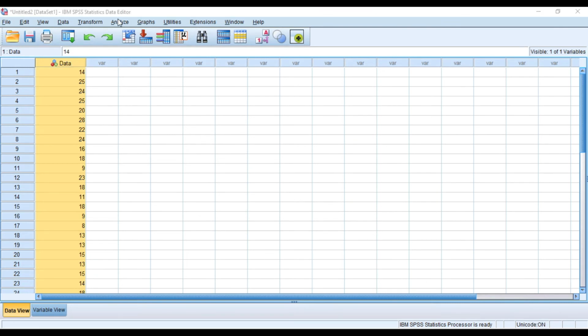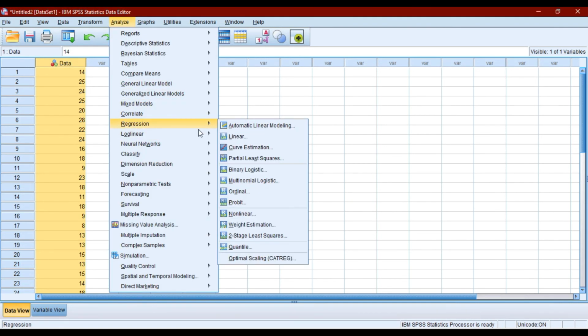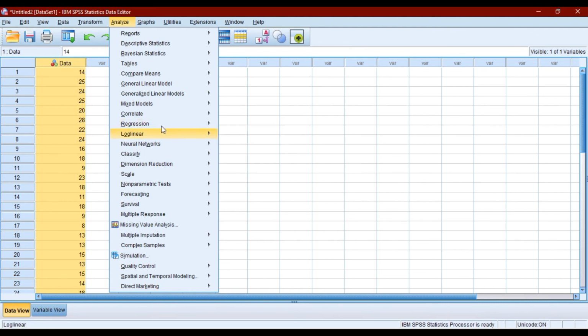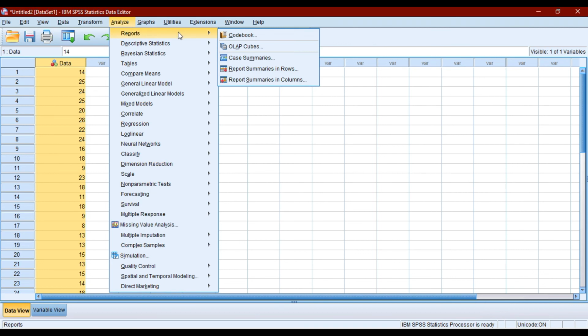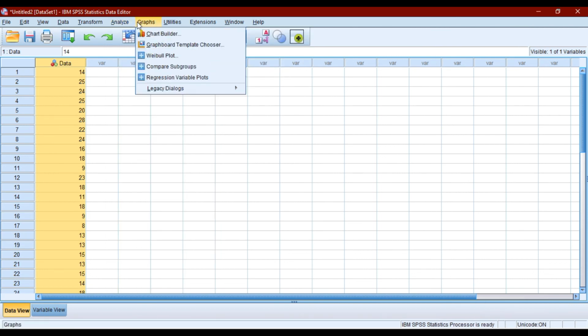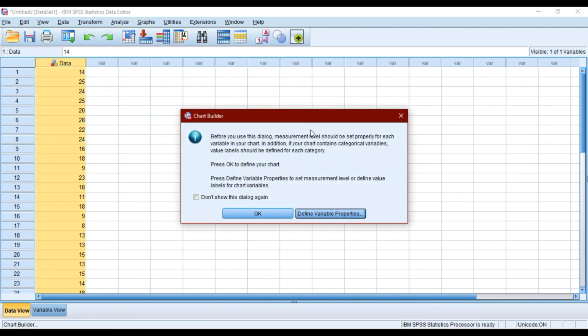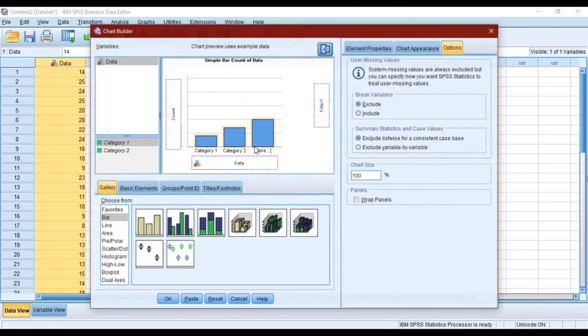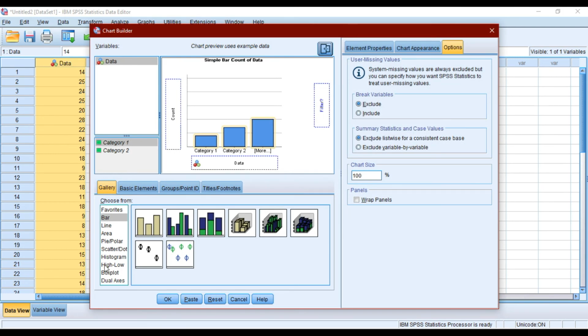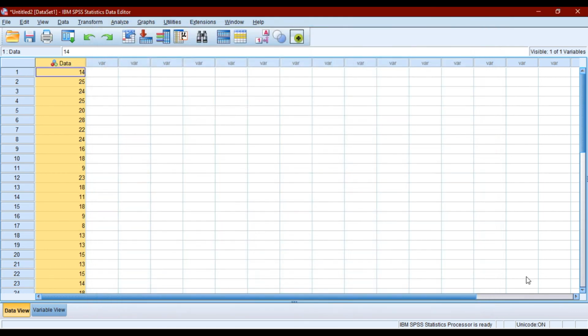So this is, I think, all we covered. You can also find the regression from here if you need to find the regression of your data. And yeah, everything you find in Analyze. And if you want to build some bar graphs or charts, you can go to the Chart Builder, and here the Chart Builder window appears. You can select any of the bar graphs or the pie charts or